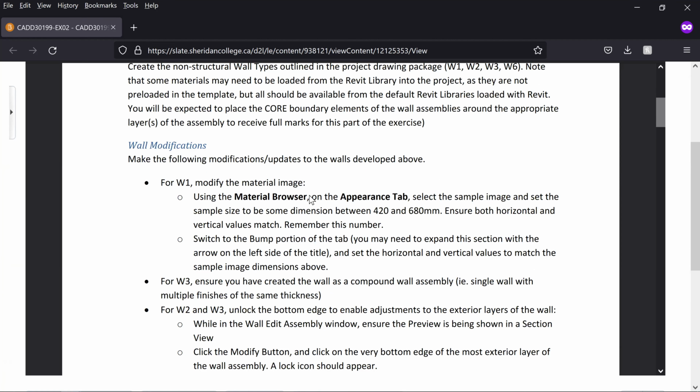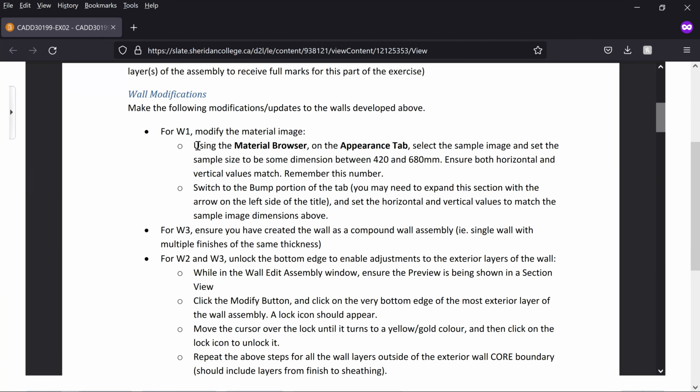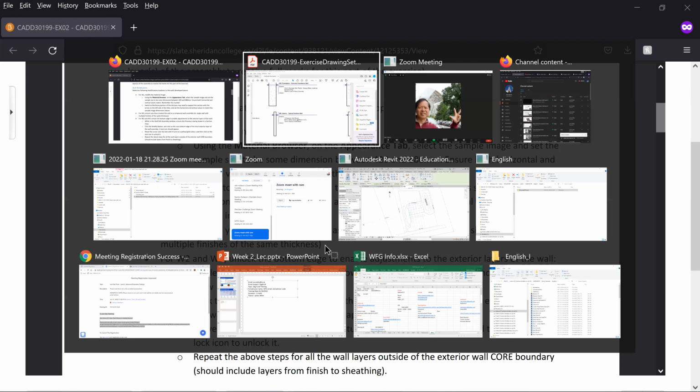Now, you do need also to modify wall number 1. So for wall number 1, you want to go to the materials browser, on the appearance tab, select the sample image and set the sample size to be some dimension between 420 and 620. So it could be 410 by 670. Make sure you remember these numbers, or you go back and check it again. So how do you do that? So let us edit